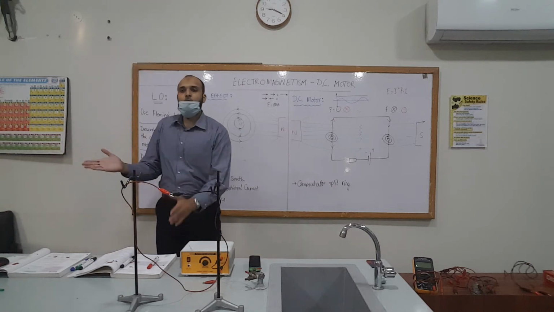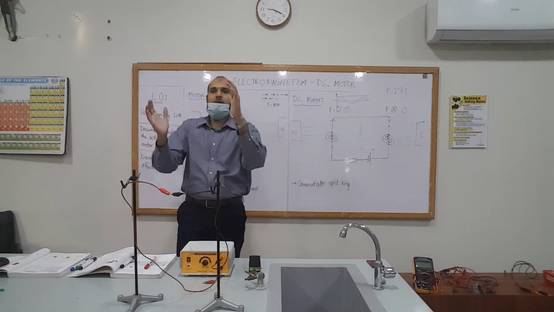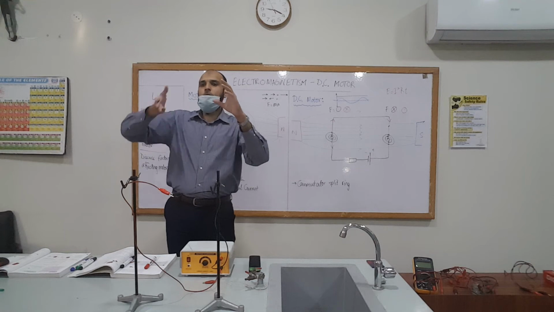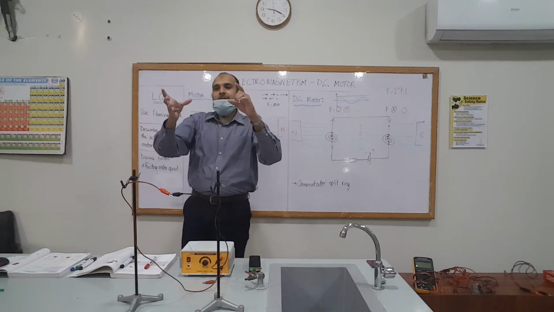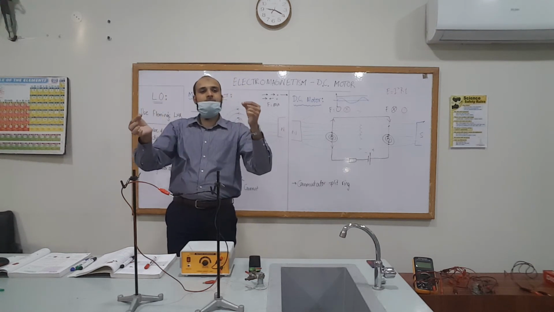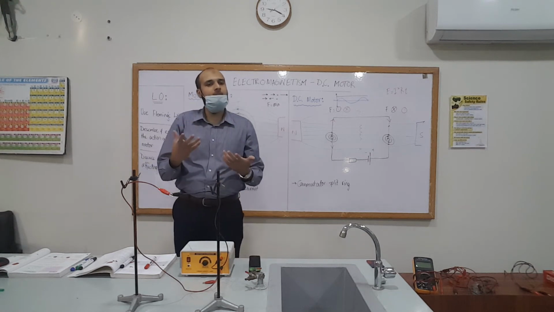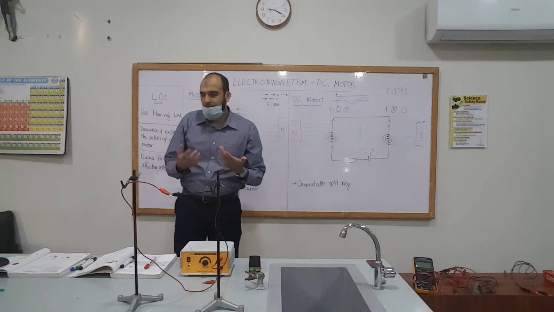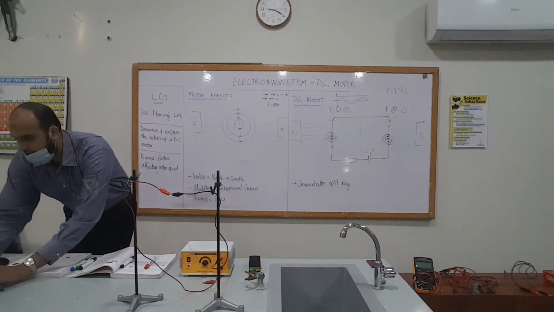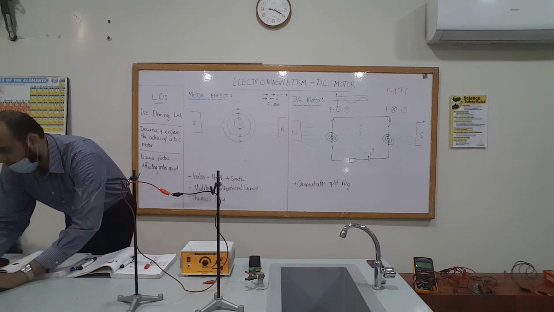So every time you get a rotation, you get half a rotation. So there is a split in between that causes the contacts to get disengaged, and then it re-engages with the contacts in the same direction. Okay, it solves the problem. So I've got a simulation over here that can show just that.